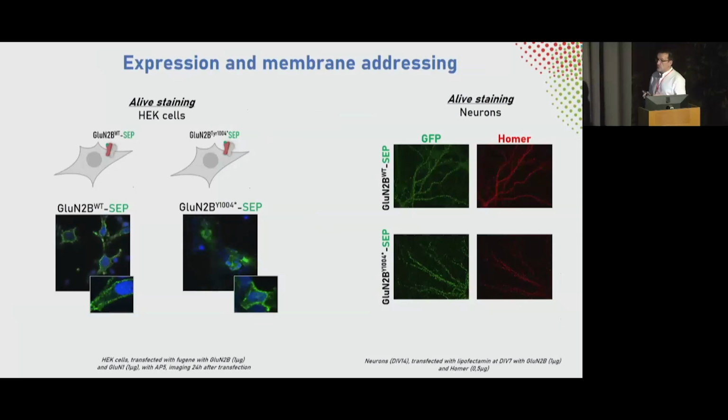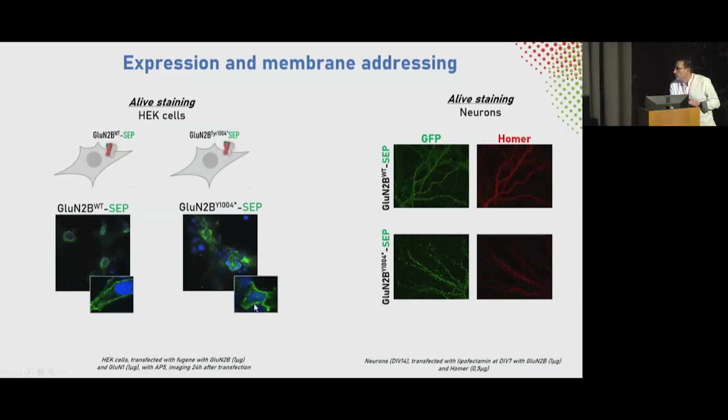So we first use a heterologous system, which is a cell line that is not neurons. You transfect this cell line with the subunit, and to help us better recognize this subunit, we add a fluorescence tag on it, which lets us follow it. As you can see in these two movies, we are able to see the expression of the GluN2B wild type at the surface of the HEK cells.